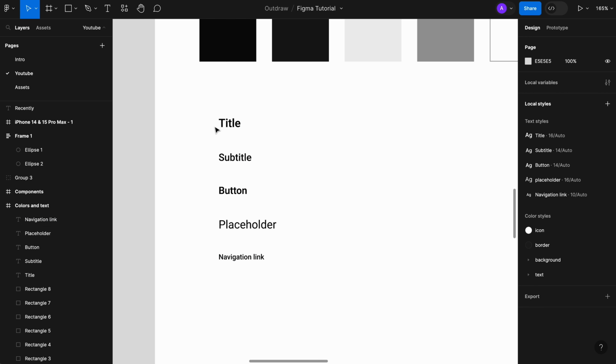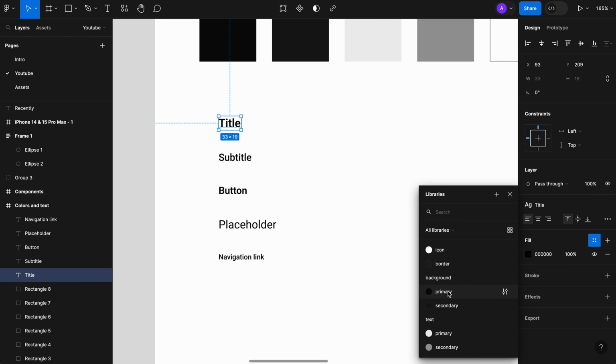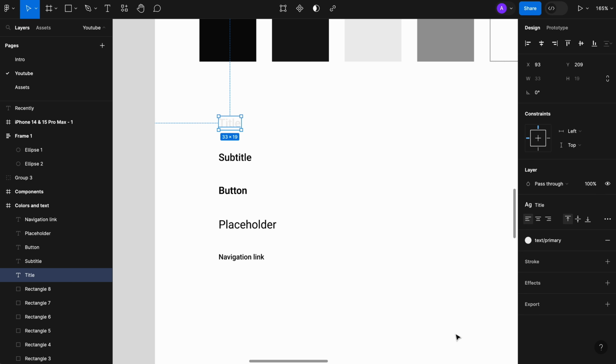It's important to notice that text styles do not include text colors. It means that the title could have a text style title and any color we want. We need to apply title style and color style separately. So if we were to apply to this one, we would go with text primary, and it would be white-ish,